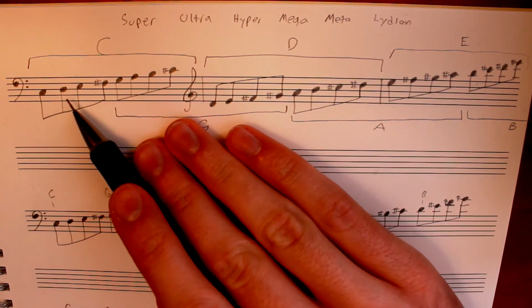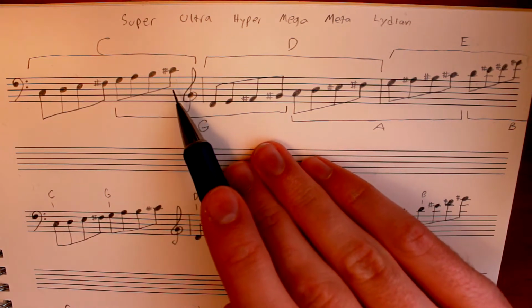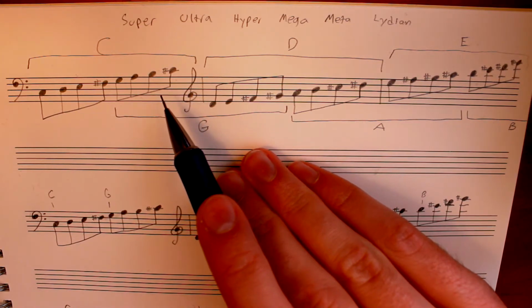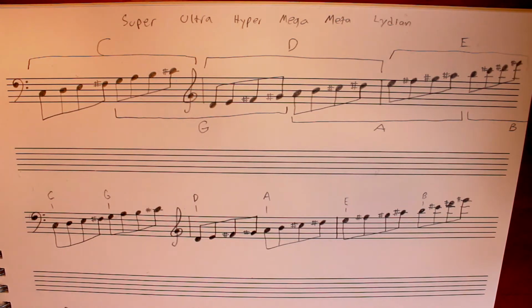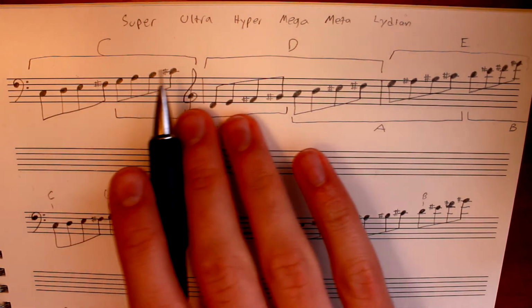So instead of C, D, E, F sharp, G, A, B, C, you get something like a sharp 1 at the top, which doesn't really make sense in terms of a scale because it never returns to its first note. If you take this far enough, eventually it does, but it would be a gigantic scale. Instead of thinking of it this way,